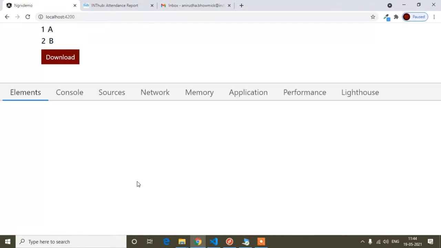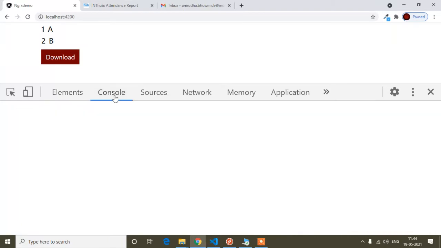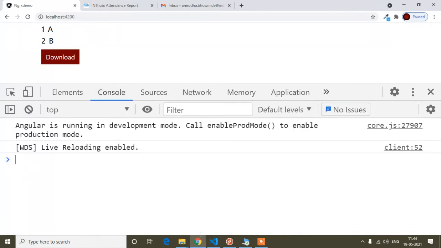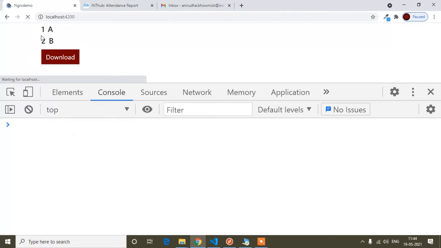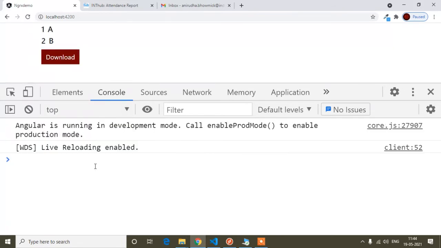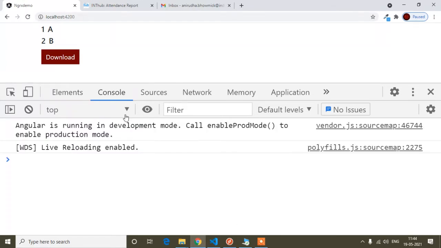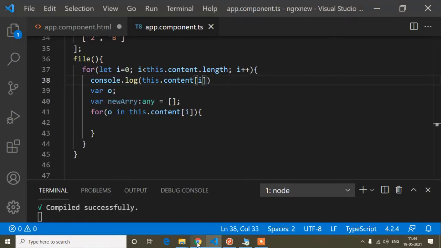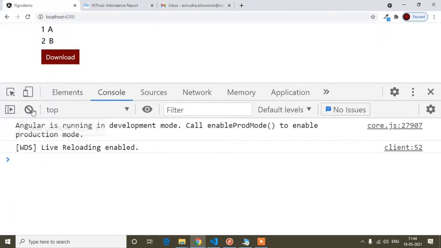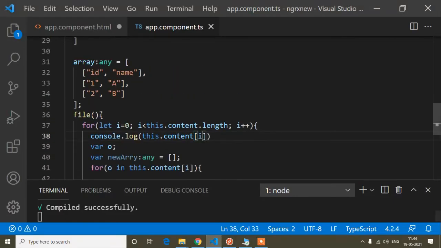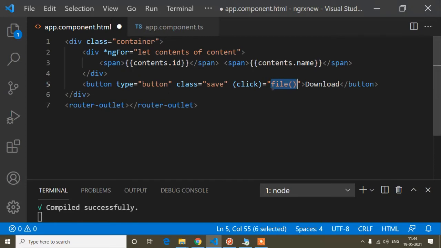So I will open the console. Okay, when I click this download button, I will get the data, because I have called this file method in this button.